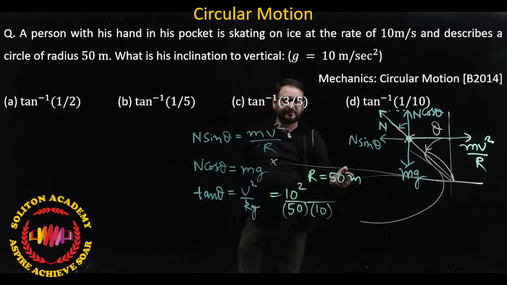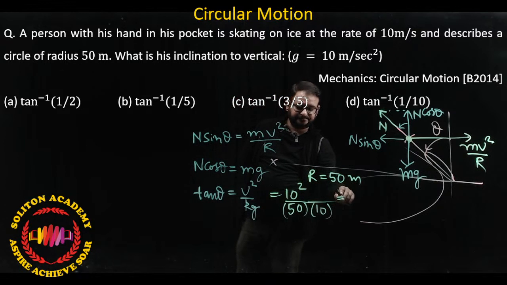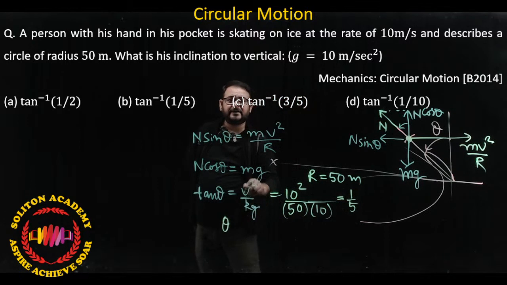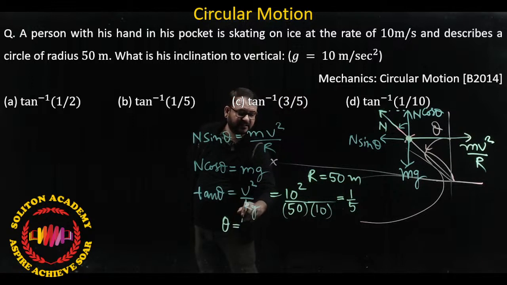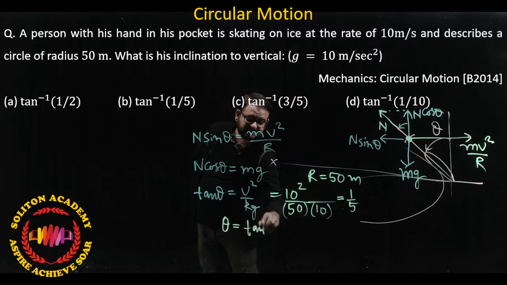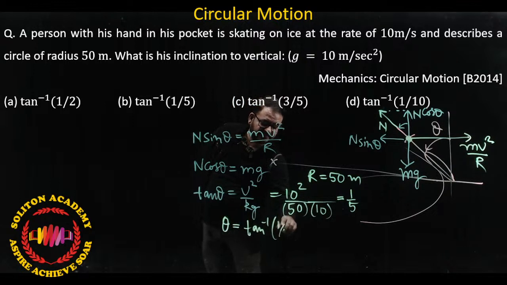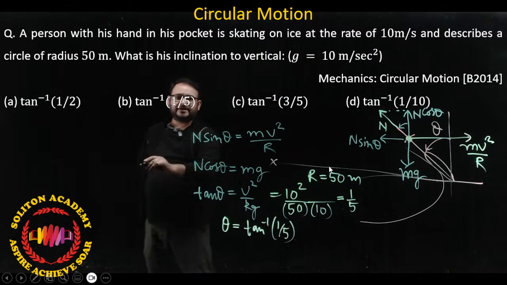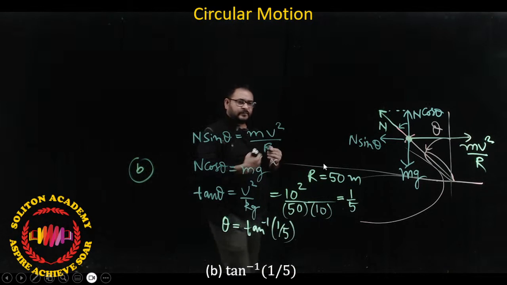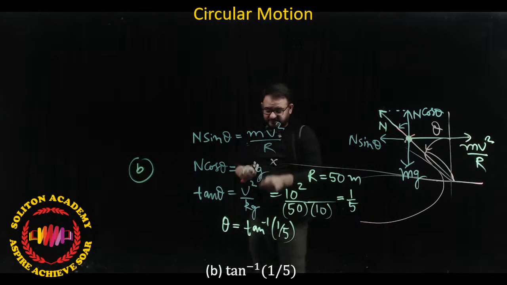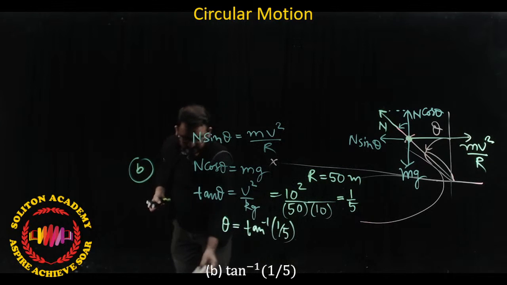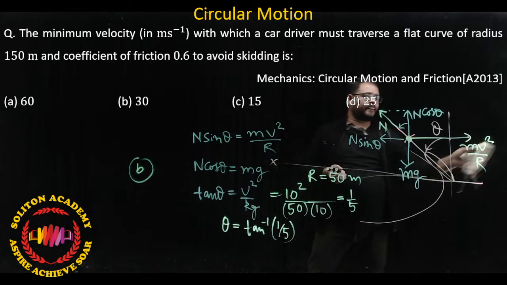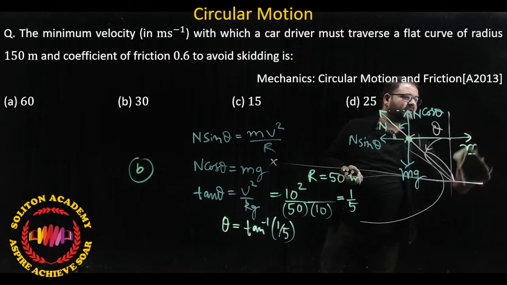So this will turn out to be in radians and this will be 1 by 5. Therefore, the angle of inclination theta with respect to vertical is going to be tan inverse 1 by 5. Okay, so our answer is B. Okay, so देखिए ये सर्कुलर मोशन का पहला सवाल होता है और बहुत ही इंटरेस्टिंग फिनोमेना है. ओके, अब देखिए ये नेक्स्ट क्वेश्चन